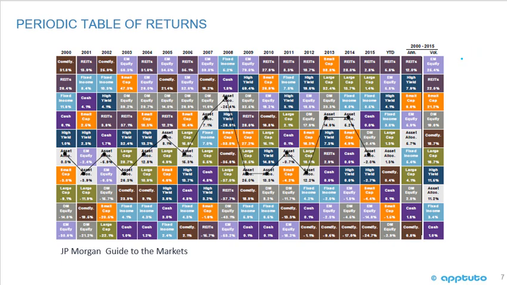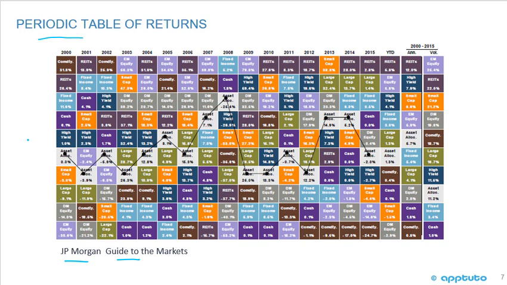Okay, this slide is a nice to have, not a need to have. It's not in the CFA curriculum textbook. I put this in myself, and the source was the JP Morgan Guide to the Markets. If you just Google search that, you can find the latest edition on the internet. And this is a periodic table of returns, and it helps consolidate your understanding with regards to covariance and correlation,